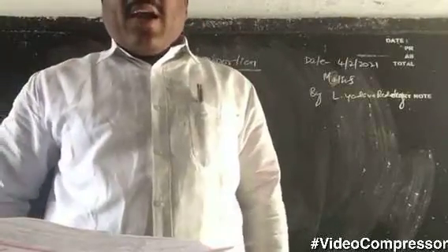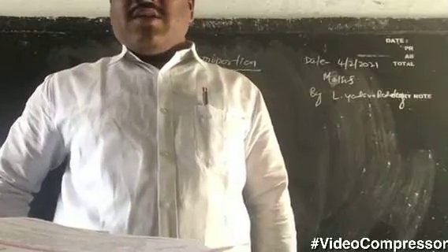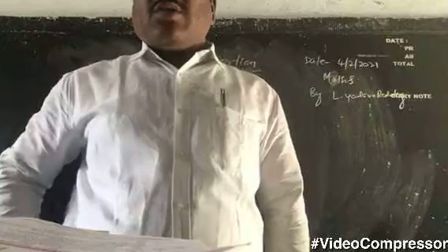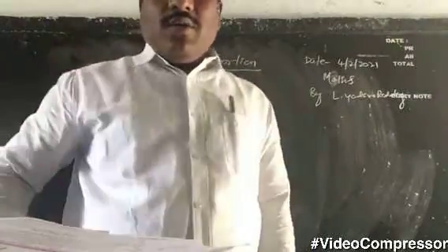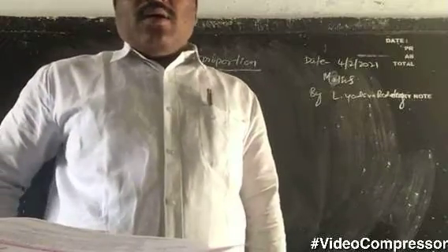A bag contains 20 kg of rice and another bag contains 60 kg of wheat. Find the ratio of the amount of rice to that of wheat. What is the ratio of the rice to the total weight? I already told this sum in the Zoom class. Now I am going to explain the third sum.